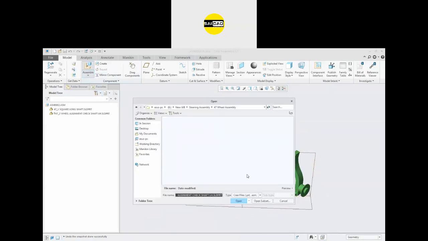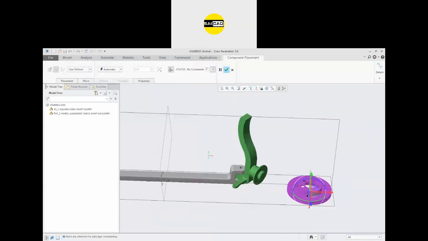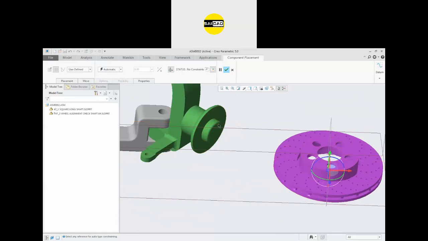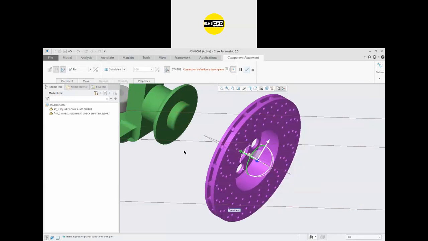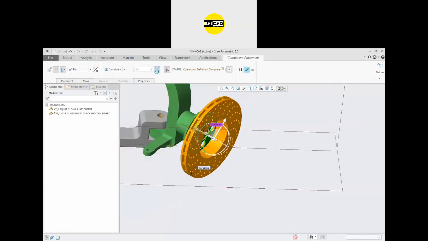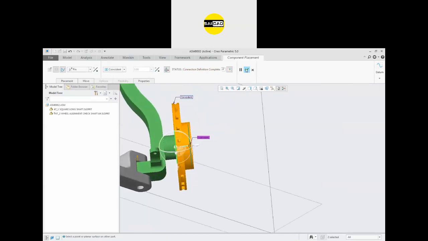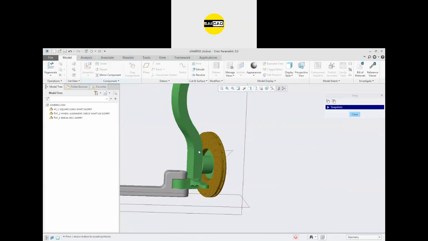Assemble again, go to the all parts, insert the part like that, and join the part. Now I want this part to be rotated around this, so I'm going to select two circular faces directly from here. In the placement, I want it to fit in, so select two circular faces and select two faces. I want this face to be adjusted at this one, and it should be flipped at this one. So click OK, and you will see we have the rotation. Select the track component. You can select the object. It can be rotated or it can be rotated like that.